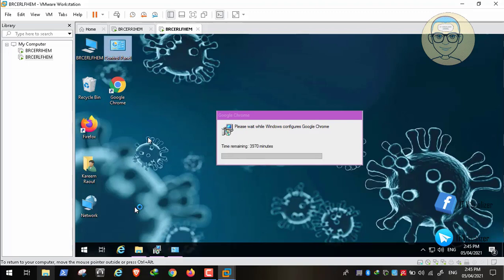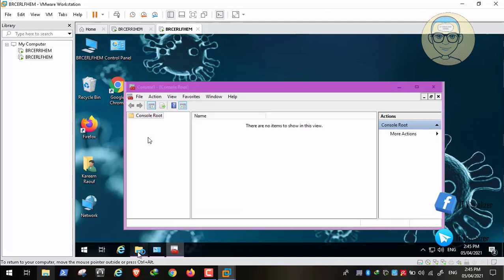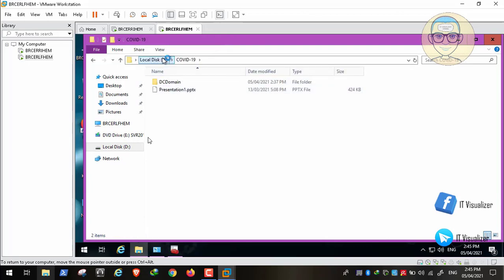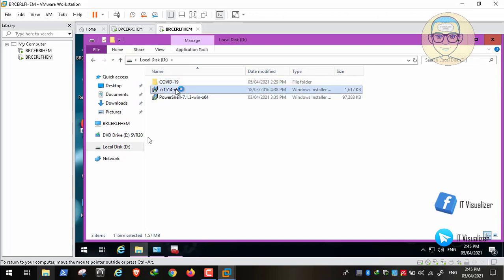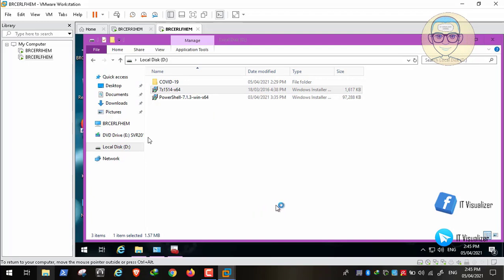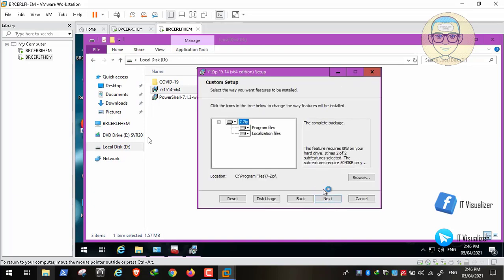Here we are making a custom console by right clicking, then Run, and then typing MMC, and then we will make the same custom console we have done on our first domain controller. So here we will install the 7-zip. Okay, this is the 64-bit version. Install,